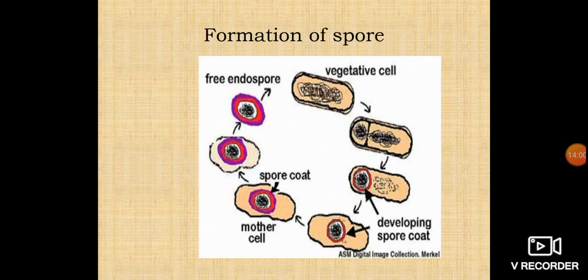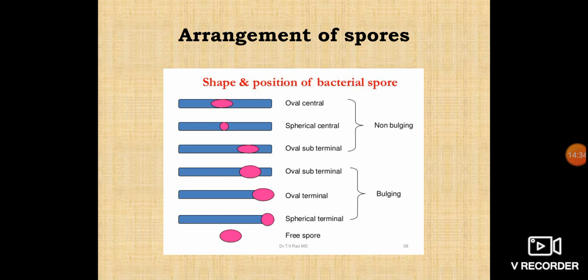So this is the formation of the bacterial spore. This is the vegetative cell. At one end, as I told you, it will become clear and forms this genetic material. All the content will be devoid, and it will start to produce the wall around that material, and then it produces the spore, and this vegetative cell will finally disrupt, and only the bacterial spore will be present. When the environment is good, this spore will gradually be converted into the vegetative form by sporulation. It is not a form of reproduction.